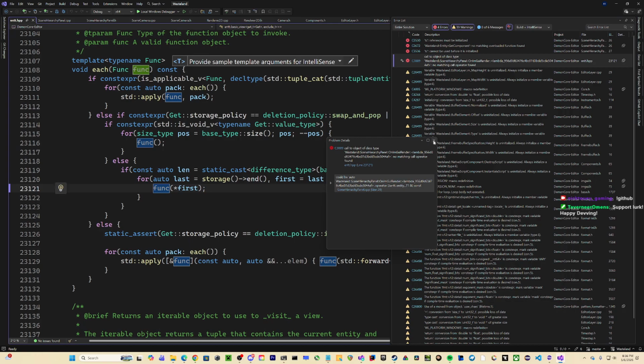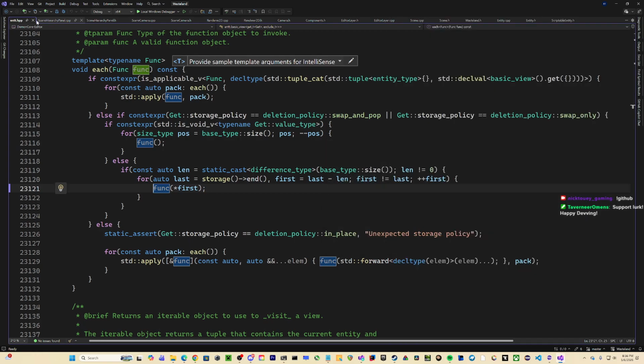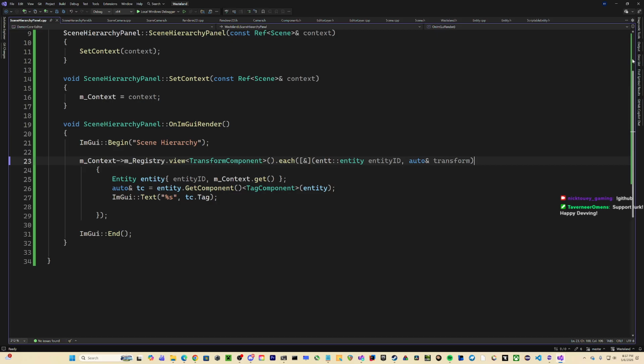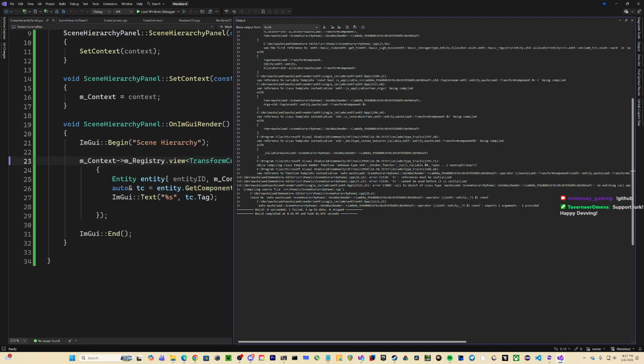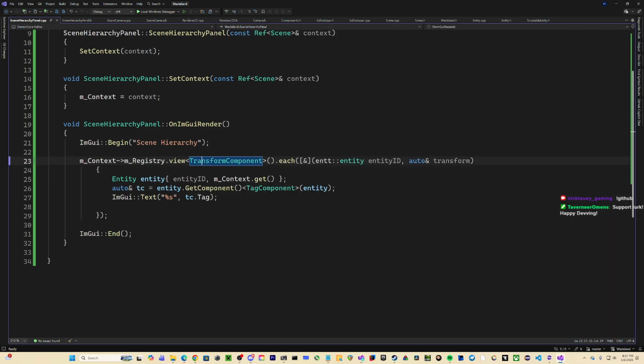What is this? What is the issue now? The function lambda. So it's just causing more issues than anything. Just getting ran in circles.